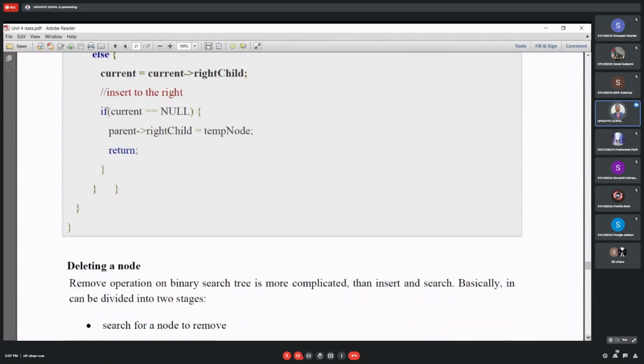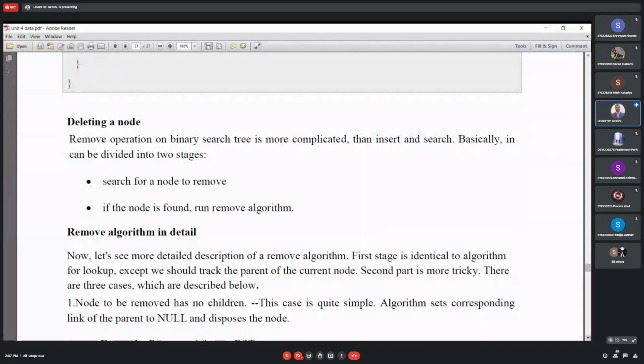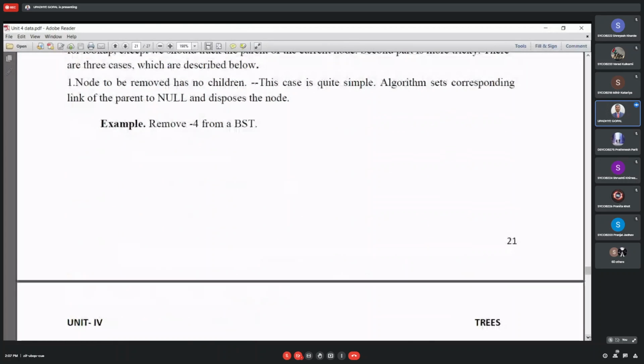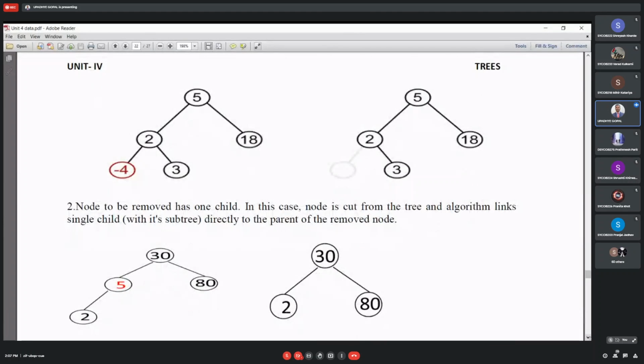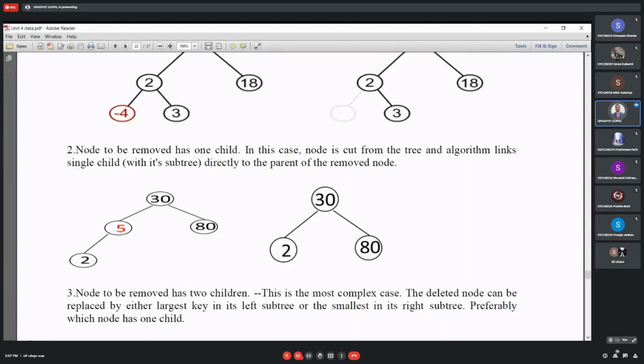Now, the third important thing with a binary search tree is how to delete a particular node. For that we have different conditions, as we have discussed. This is the first condition, where we have the node to delete. That means we have to delete this particular 4, and this 4 is a leaf node. In that case, the procedure is different. Suppose it is an intermediate node, that is 5, the procedure is different.